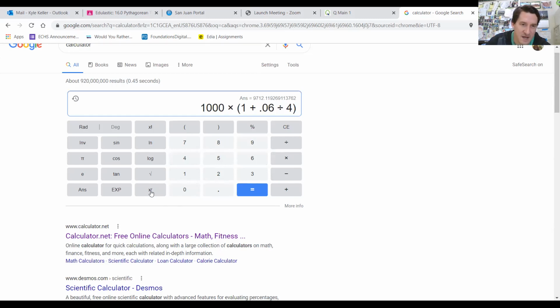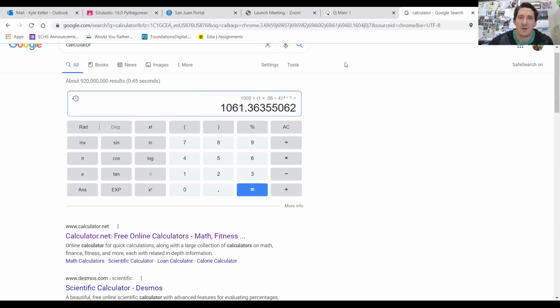To make an exponent on this calculator, it says X to the Y button. If you have more than one value, if you're multiplying something in there, you need to put parentheses around the whole exponent. If you don't include those parentheses, you do 4 times 1, it brings the times down low, and that's going to give you something different. So make sure you're including the parentheses around the exponent. It comes out to